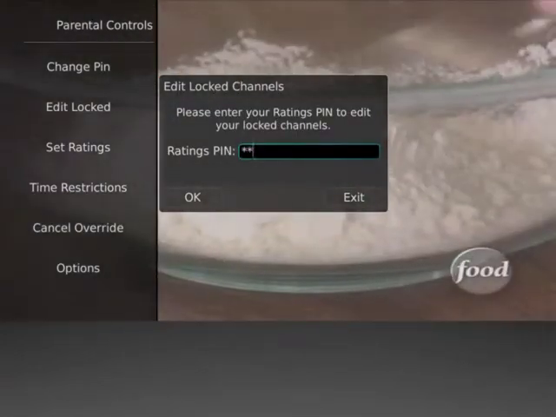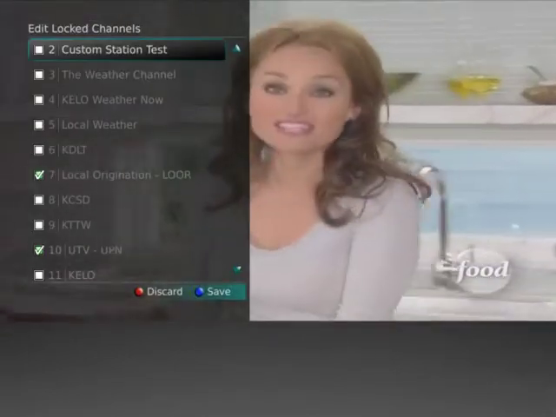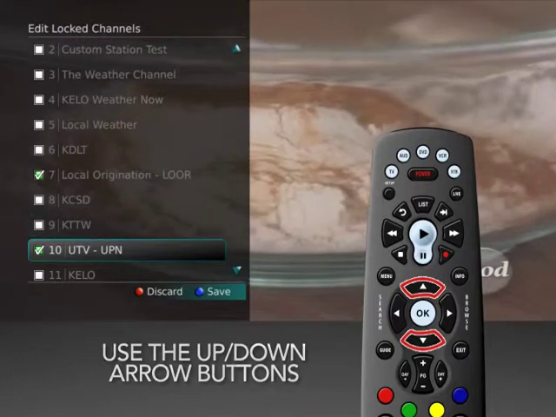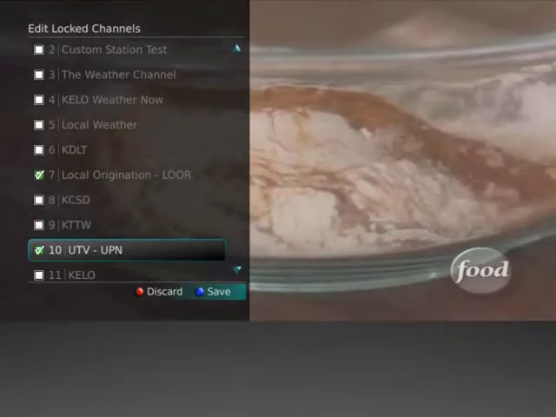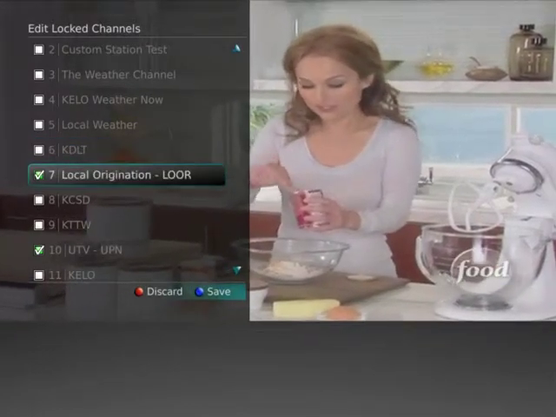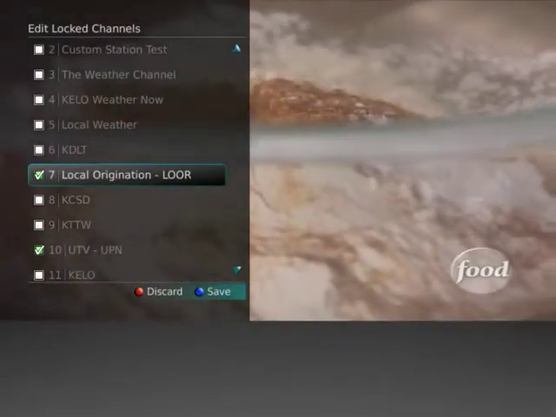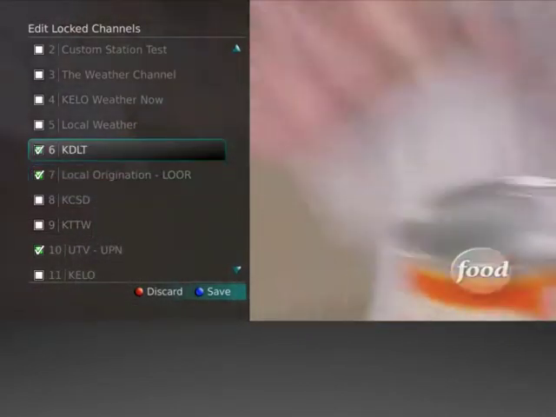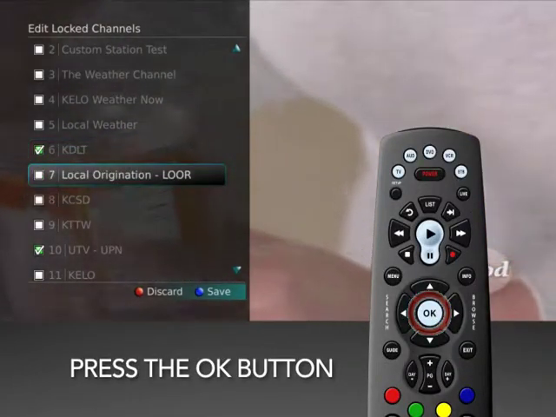You will be prompted for your PIN, which will then display a listing of your channels. Using the up and down arrow buttons on your remote, select the channels you wish to lock and press the OK button on your remote to put a check mark next to the channel you wish to lock. If you wish to unlock a channel, highlight that channel and press the OK button on your remote to remove